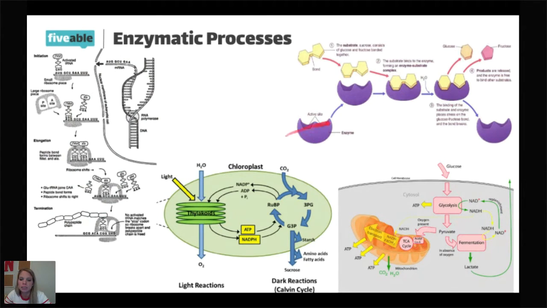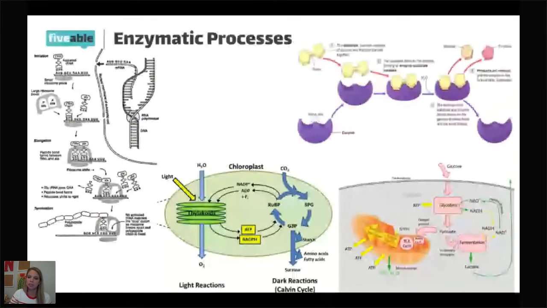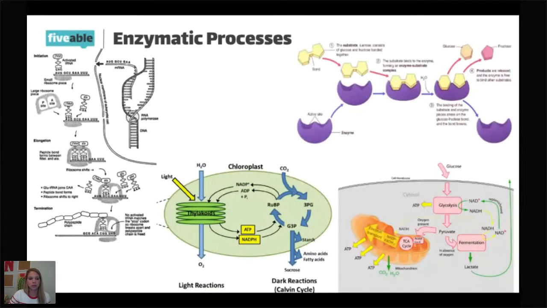But so you've got an enzyme, and remember, the only way for an enzyme to work, it has to fit with a substrate, and they have to match like a lock and a key. If something doesn't fit, if it's the wrong shape, it's not going to work. But that's going to make an enzymatic process or a catalyst, and it's going to spur some metabolic something that is hopefully good for you. So that's the quick and easy version of it. But there's a bunch of different processes in your cells that are going to be really important.